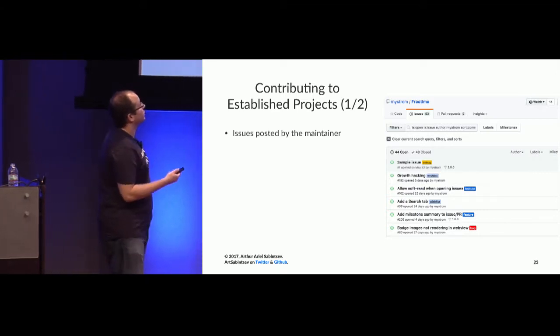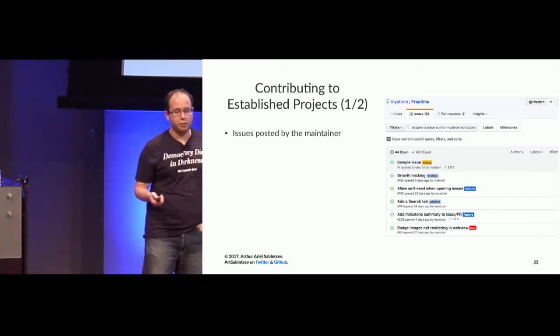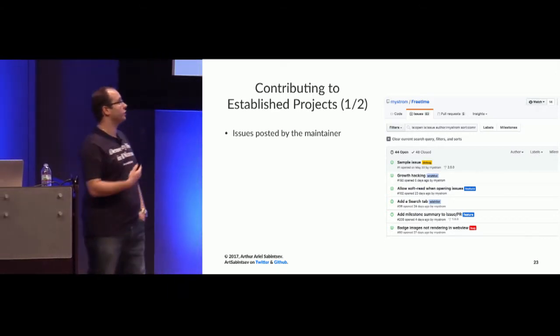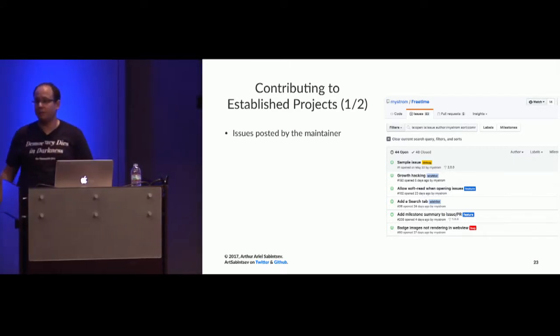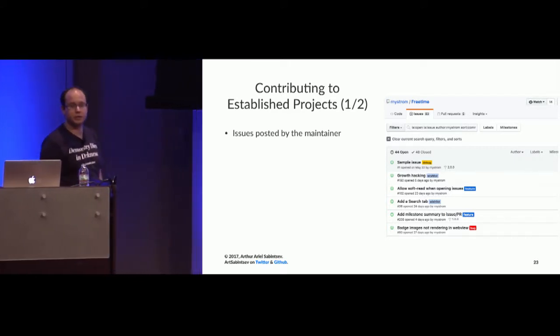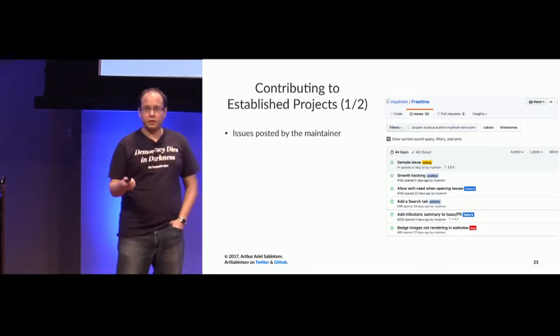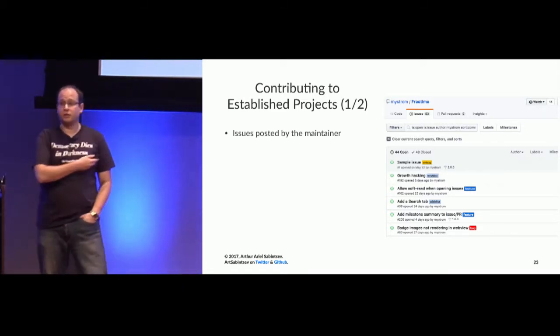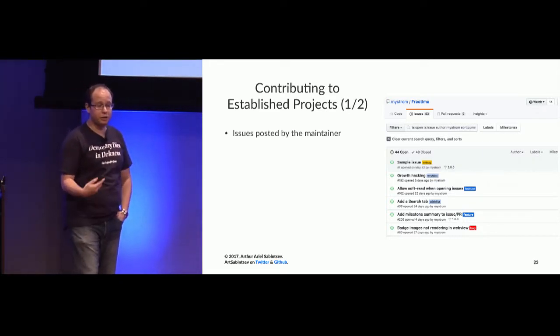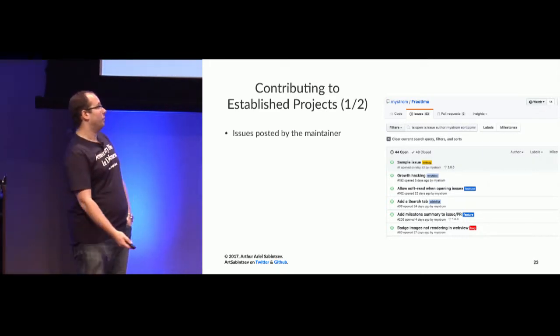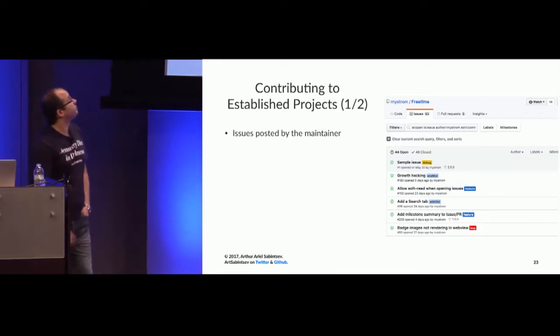So he has done everyone a favor by posting the features that he wants to build and the issues that he wants fixed. And anyone can come in and leave a comment and then start implementing it themselves. So as a future open source developer, if you have a project and you have 1,000,001 features you want to add, just list them out. If someone finds your project and they're like, yeah, I want to do this, they will do it for you for free. And it's great.